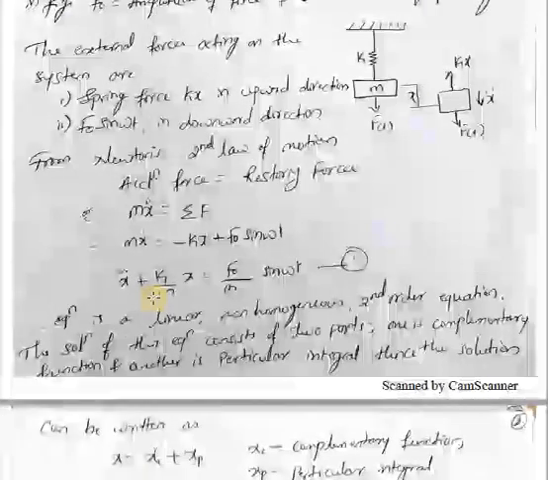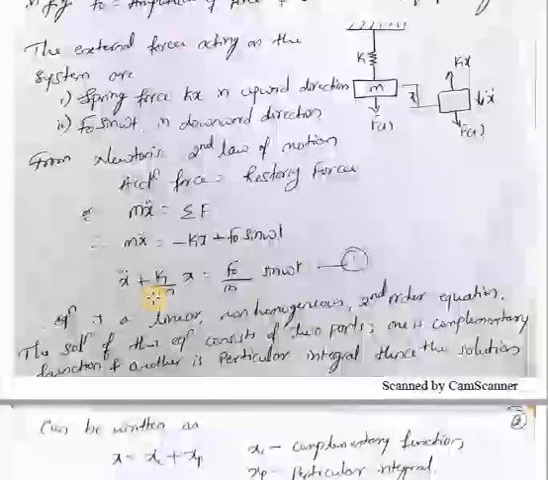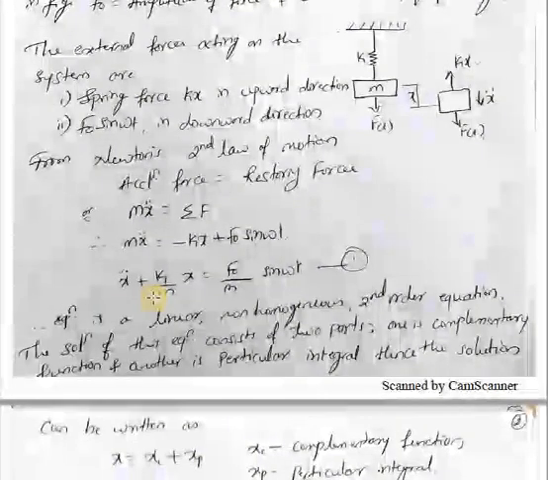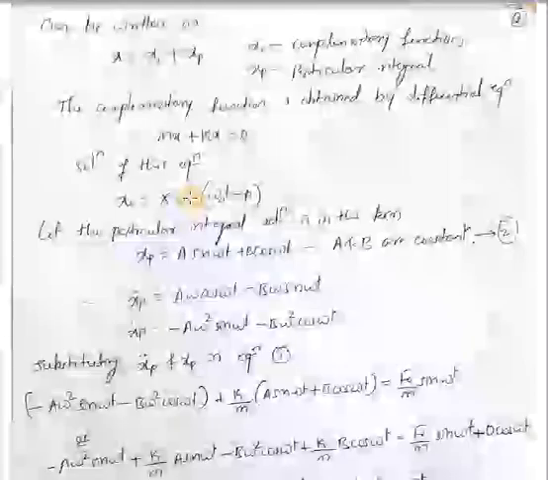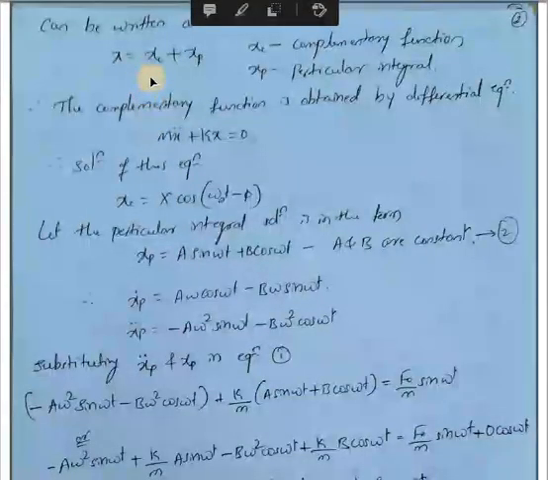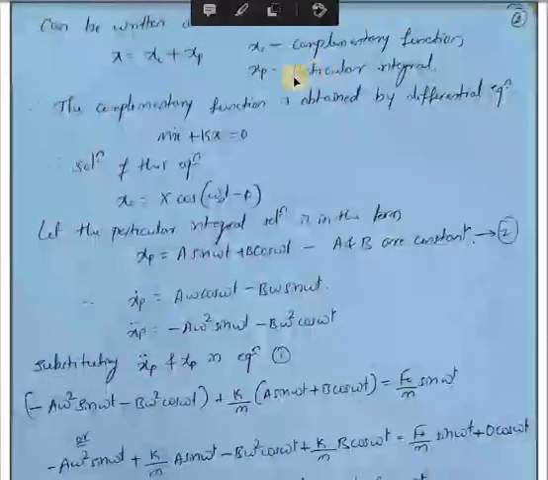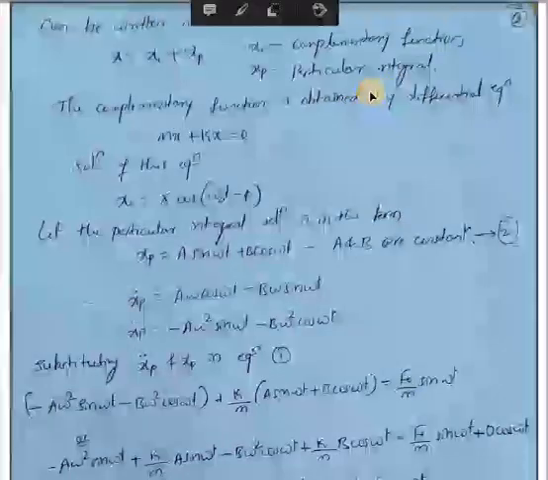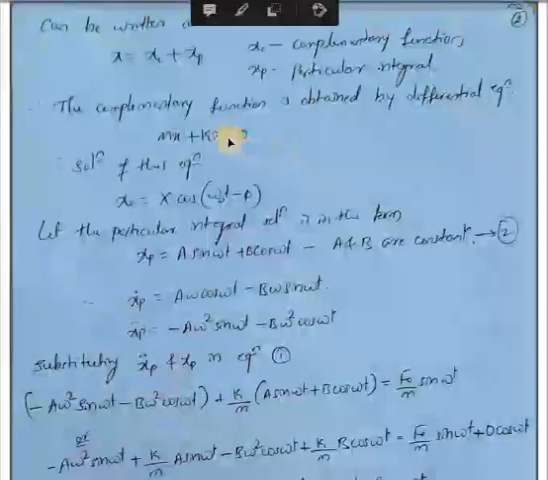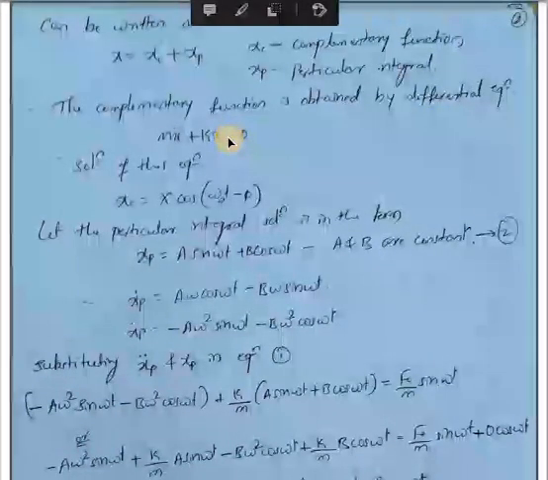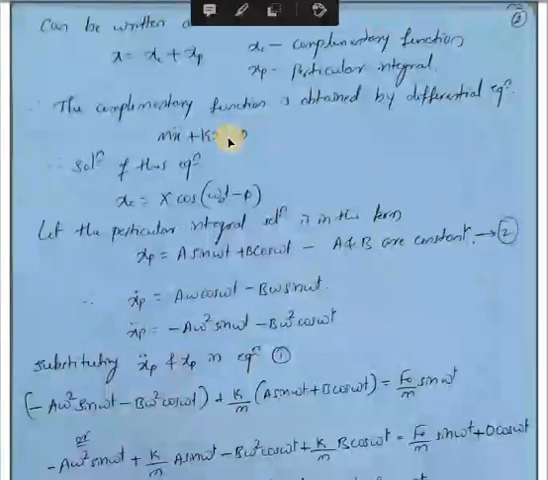So the solution of this kind of equation consists of two parts. One is the complementary function and the other is the particular integral. Therefore we can write the solution as x equal to xc plus xp, where xc is the complementary function and xp is the particular integral. The complementary function is obtained from the homogeneous equation, that is m x double dot plus k x equal to 0. So we can write the solution for this equation directly as xc equal to